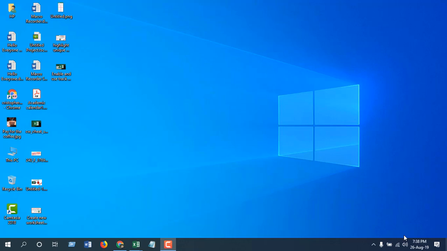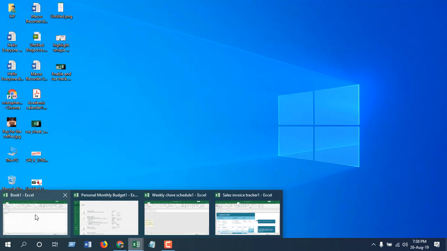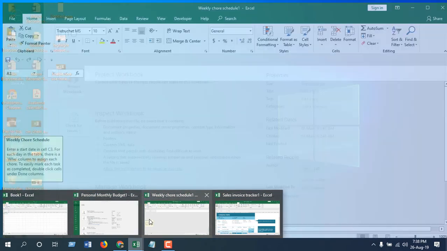In this quick tutorial, I'm going to show you how you can compare multiple workbooks at a time and side by side. Okay, this is a tremendous feature of Microsoft Excel and you are going to be amazed. Let's get started. Take a look at, I have 4 workbooks, 1, 2, 3, 4.